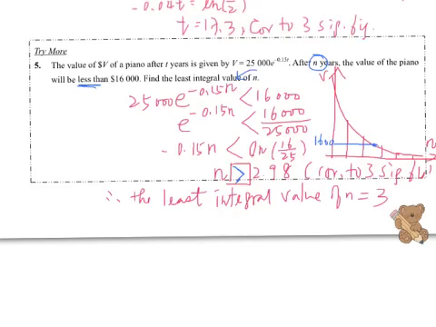Now, let's understand by the graph. Okay, I've drawn the graph here. Now, 1,600 is here. So, to fulfill the question, the value less than